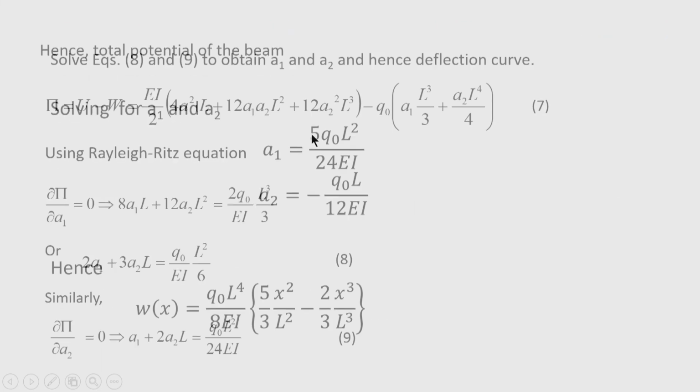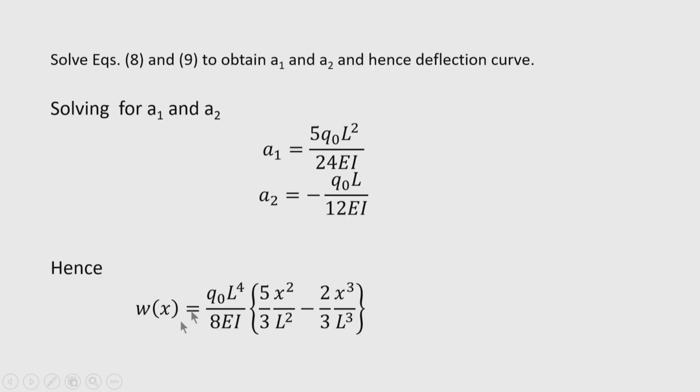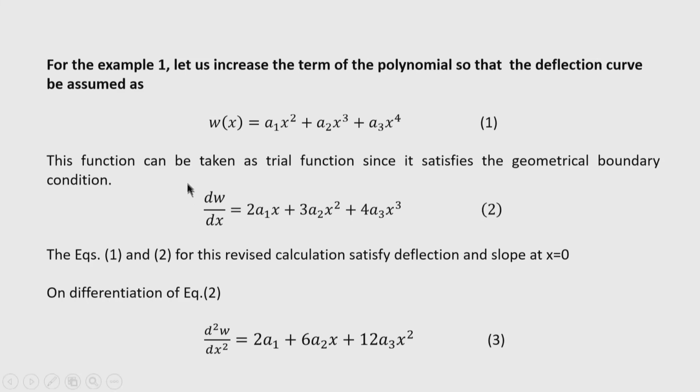By following the Rayleigh procedure, we now obtain the deflection surface after evaluating the unknowns A 1 and A 2, and this expression shows that deflection is exactly obtained, there is no error in the deflection. However, if you calculate the bending moment, you will get some error, and shear force again you will get error. So, a comparison I will give in the next slide, that what is the error involved in calculation of bending moment and shear force.